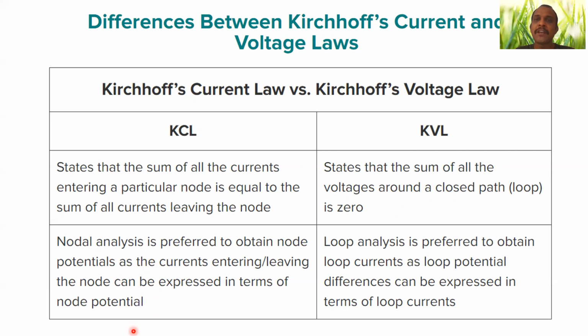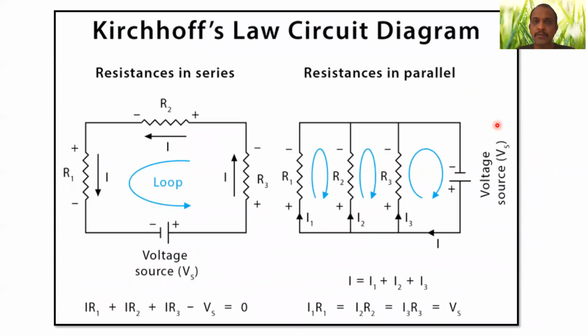And after that, what is the advancement? By using KCL, we can do nodal analysis. By using KVL, we can do mesh analysis. KCL talks about the law of conservation of charge, whereas KVL talks about the law of conservation of energy. So these are the 3 primary differences between KVL and KCL. So we'll go to the next one.